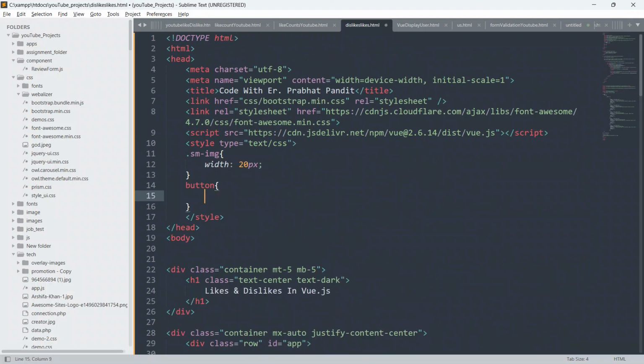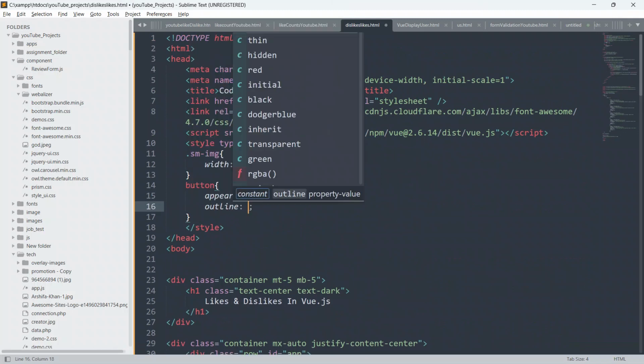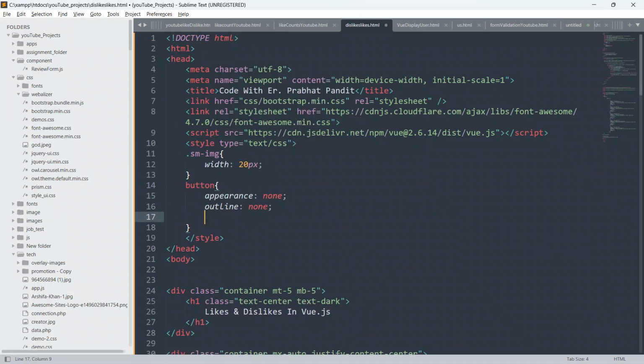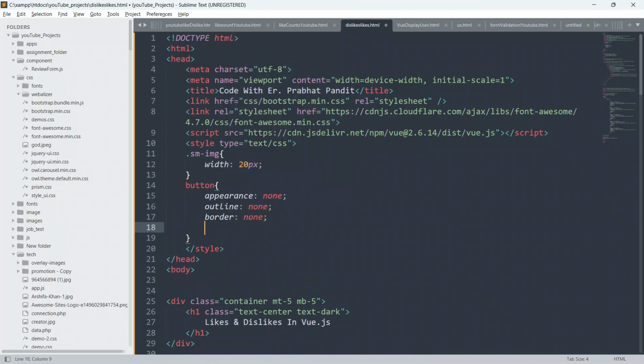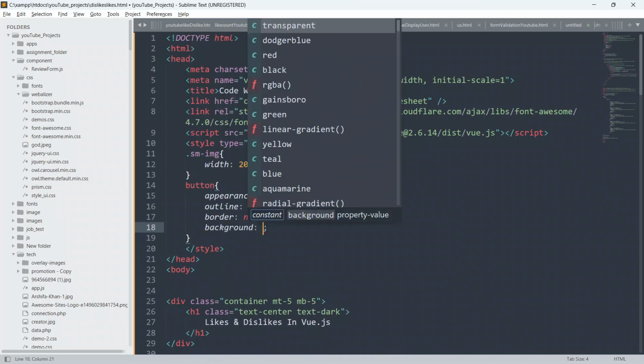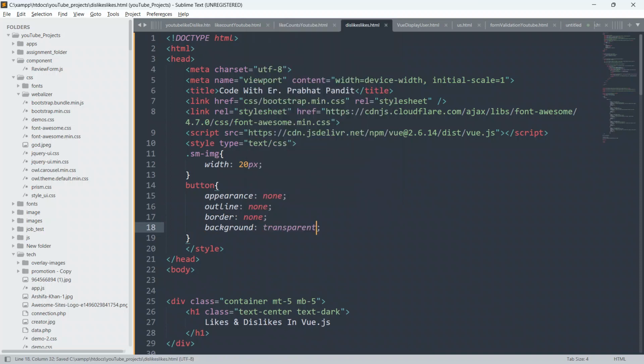This is the button element. I'm gonna target this. So give appearance as none, give outline also none, give border also as none, and give background as transparent.